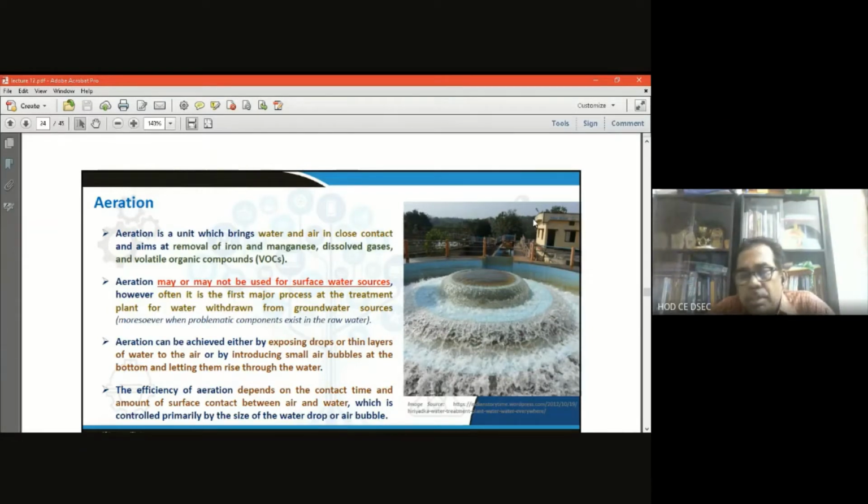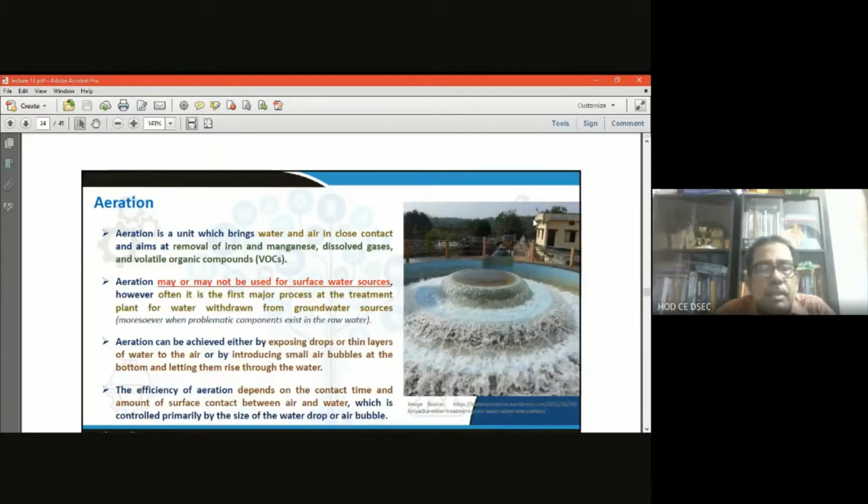That is the next process after screening. After aeration, we'll discuss sedimentation, plain sedimentation, then the coagulation flocculation process. After coagulation flocculation, the filtration will be done, and finally the disinfection. Before filtration, there is also a water softening process. And finally we'll go for disinfection, that is, chlorine dosing. So this is overall the water treatment process with its different units. Right now in my 13th lecture I will discuss aeration.